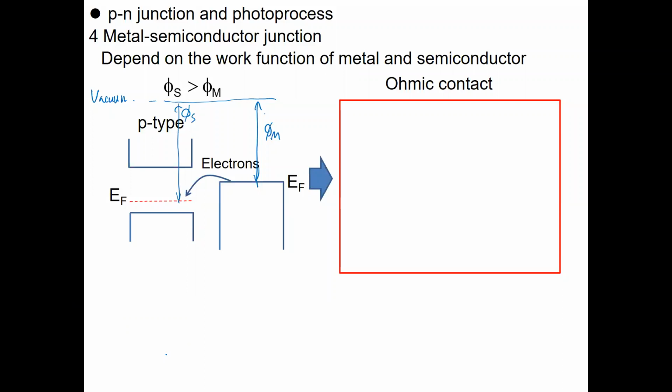Originally, the Fermi level of metal becomes lower, and then the Fermi energy of the semiconductor becomes higher to make the new Fermi energy. Right? And then since the metal has lots of electrons,